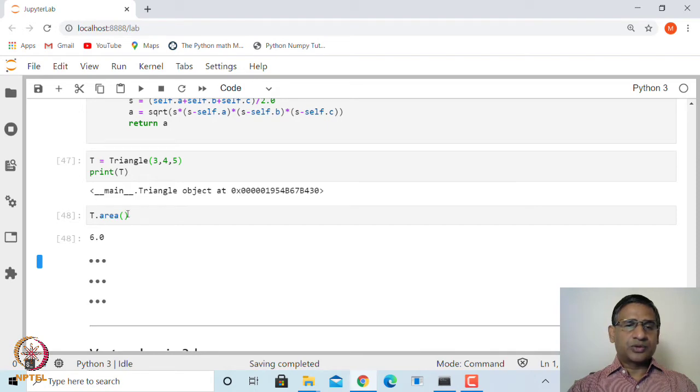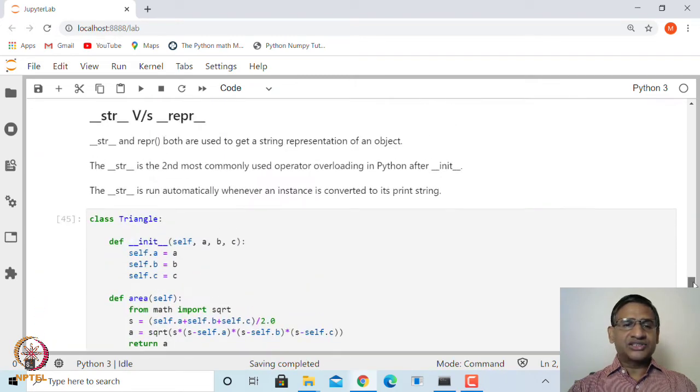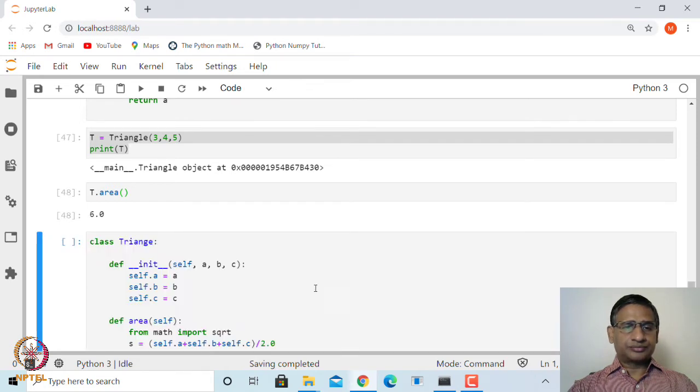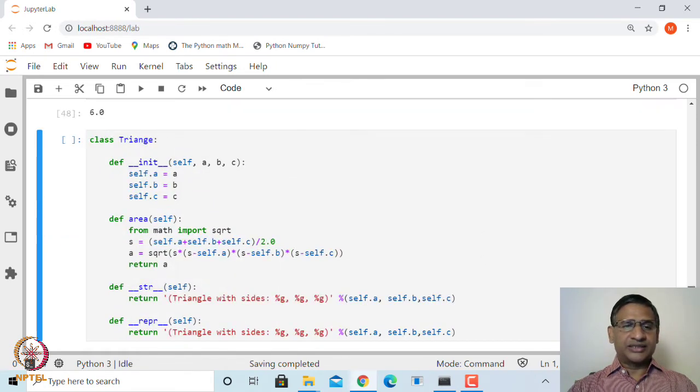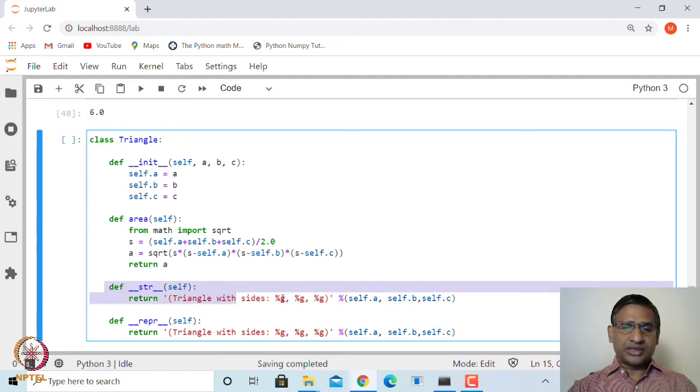We cannot usefully use print on t because it does not understand, and that is where str comes into the picture. You can redefine this triangle class and add a method called str.